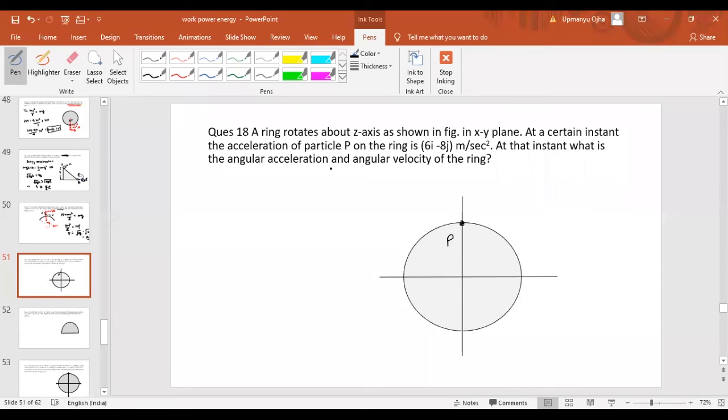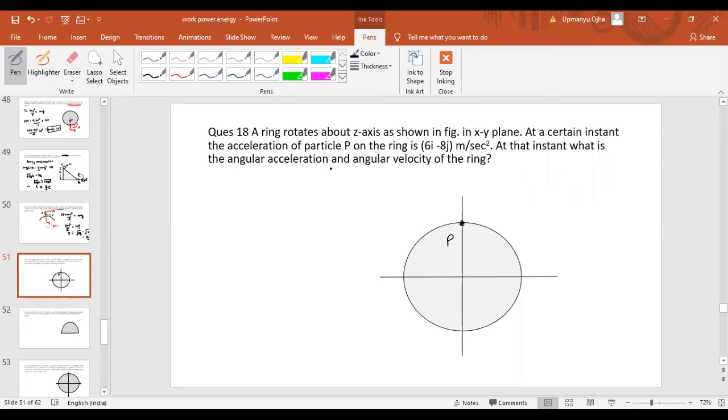At that instant, what is the angular acceleration and the angular velocity of the ring? So the acceleration at point P is given as 6 i cap minus 8 j cap meter per second square. We have to find the angular acceleration and the angular